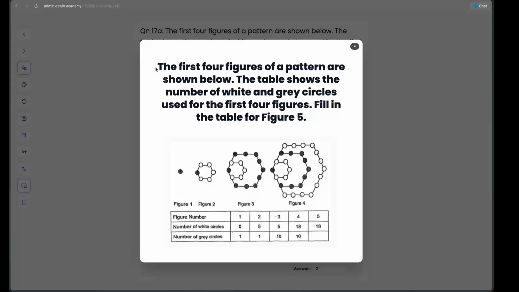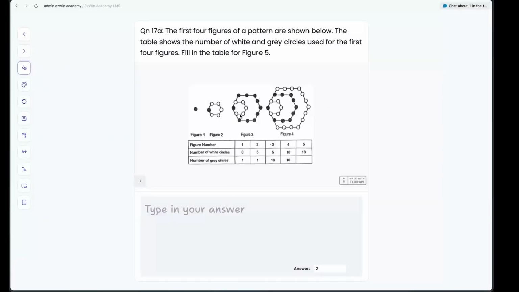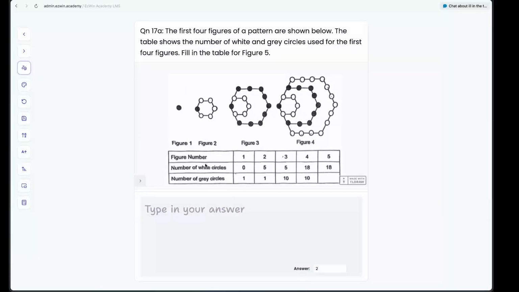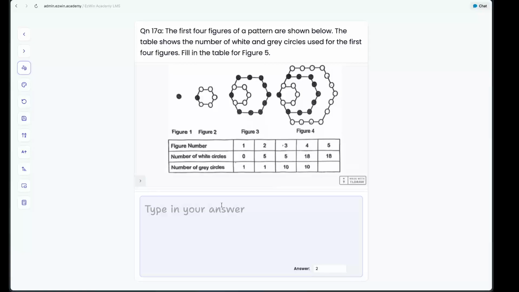Question 17a. The first 4 figures of a pattern are shown below. The table shows the number of white and gray circles used for the first 4 figures. Fill in the table for figure 5. So you can see here that there is figure 1, which only has 1 gray. So what we're going to do different is we're going to add